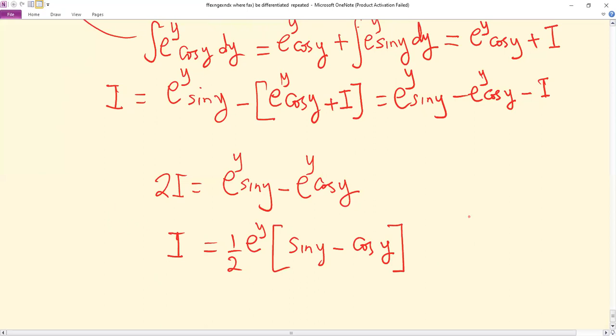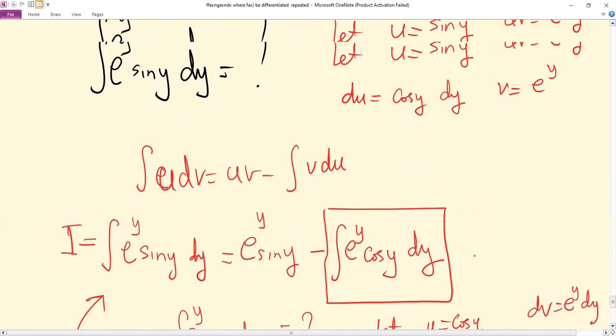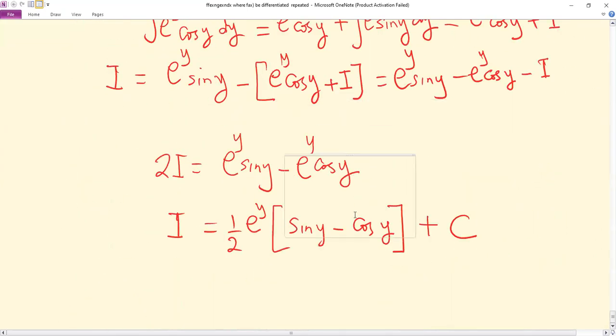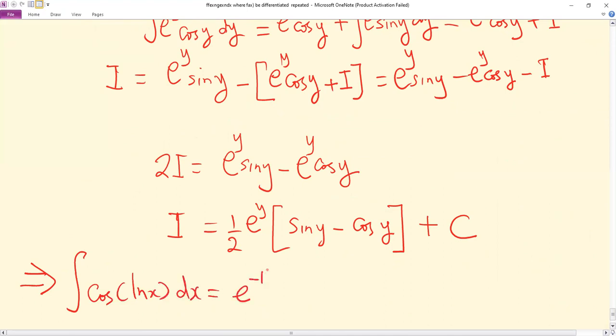So, and then plus a constant of integration c. So that is the integral of this part here. But remember, the whole integral was e raised power minus pi over 2 times the value of the integral. So this implies the integral of cos of ln of x dx is e raised power minus pi over 2 times a half e raised power